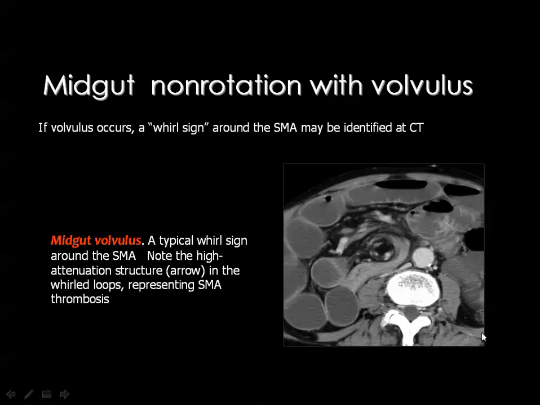And this is also a good example of mid-gut volvulus. This is the region of the superior mesenteric artery and the vein, and this is the root of the mesentery. Then you get the classic whirlpool sign, and you see the intestine is filled with fluid, and you can also appreciate multiple air fluid levels